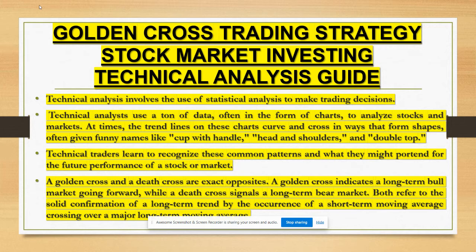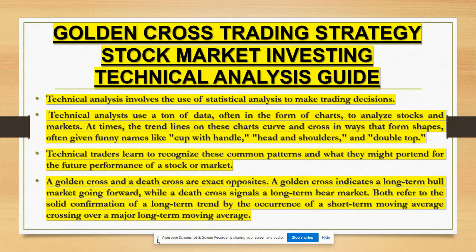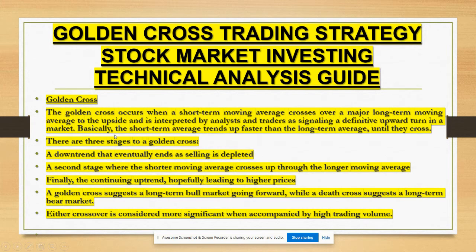A golden cross and a dead cross are exactly opposite to each other. A golden cross indicates a long-term bull market going forward, while a dead cross signals a long-term bear market. Both refer to the solid confirmation of a long-term trend by the occurrence of a short-term moving average crossing over a major long-term moving average. Okay, let's understand this in a better way. So a golden cross occurs when a short-term moving average crosses over a major long-term moving average to the upside